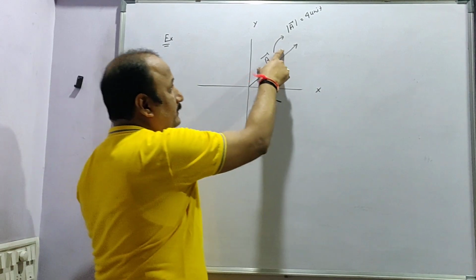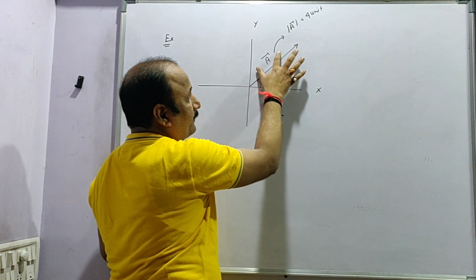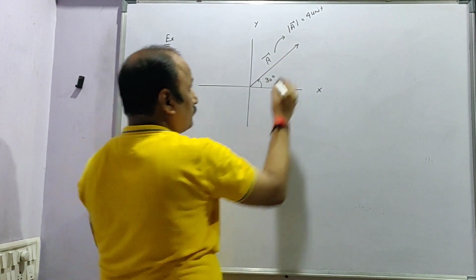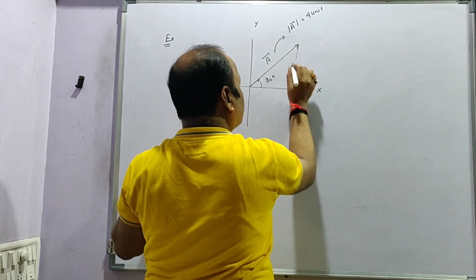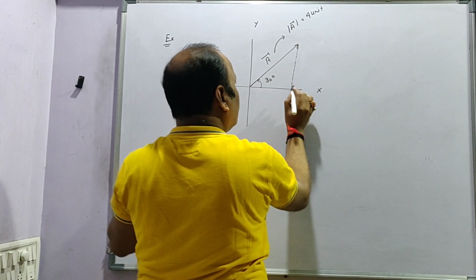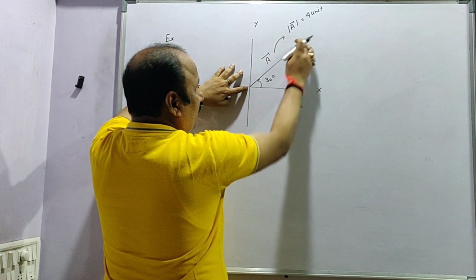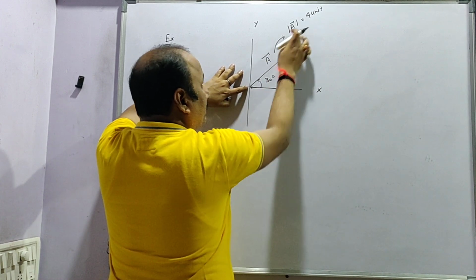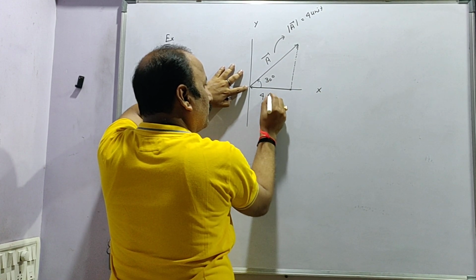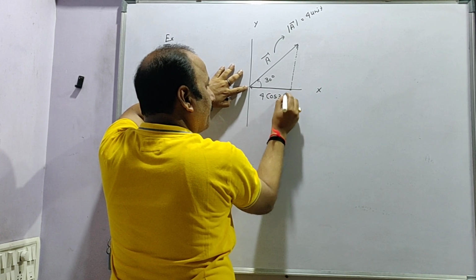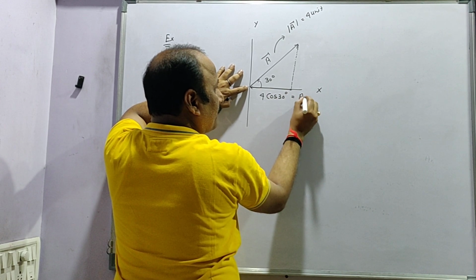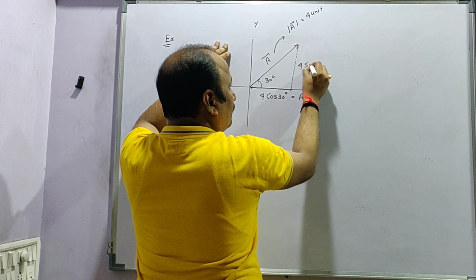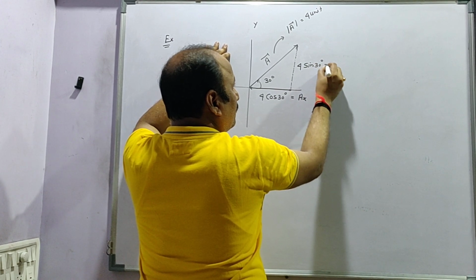See, this vector is taken in first quadrant, means the effect of the vector can be taken along x axis as well as y axis. So just take a perpendicular. This is A, so the effect of this vector along this x axis is A cos theta. The magnitude of A is 4 unit, so 4 cos 30. This is the horizontal component, and its perpendicular component is 4 sin 30 degree, that is AY.